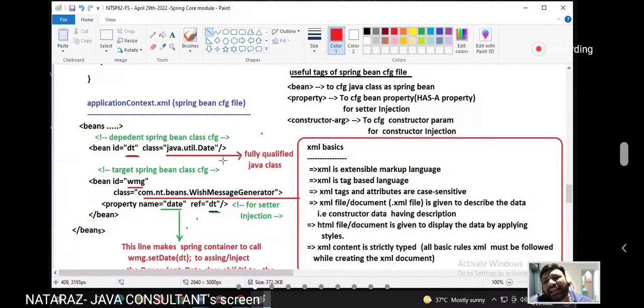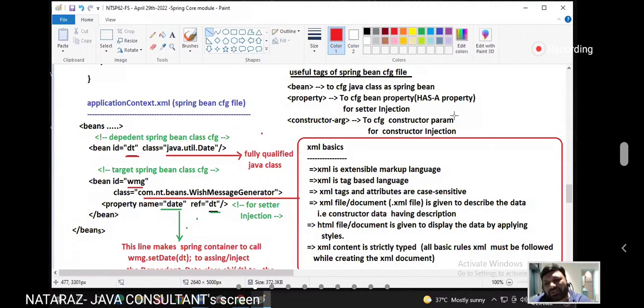Property tag is used for what? Then what are you catching so far? I have given clearly that property is for setter injection. Someone shameless is writing, I don't know, sir. Because if you don't listen, at least you can read this line. Feel shame.